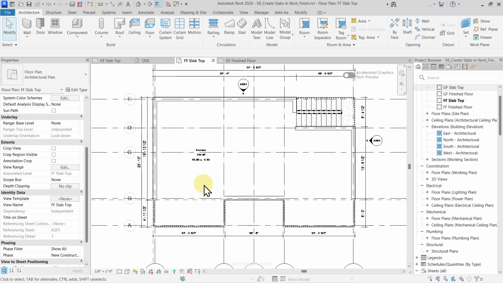Hey guys, welcome back. So in this video, I'll talk about the underlay option in Revit. The underlay option plays a very important role when you want to look at levels below the current level. So for example, right now I'm on first floor slab top. And if I'd like to see the levels below this level, I would go to the underlay option under my